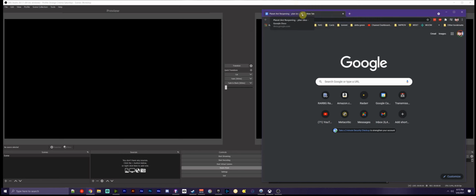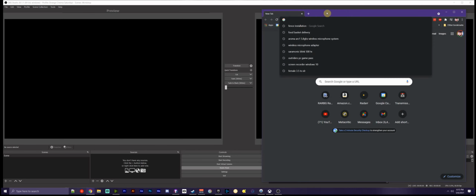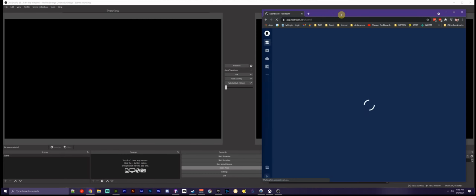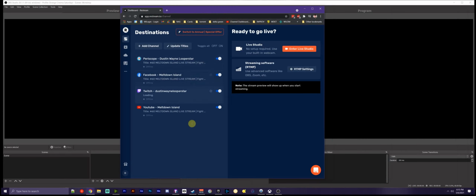And oops, let me get a new window here, so I'll bring that up for you. Let's see, I'm definitely logged in. Okay, so I do a show with a friend of mine called Meltdown Island, and this is logged in for that show currently. But you can see how destinations is the default look that we have here,